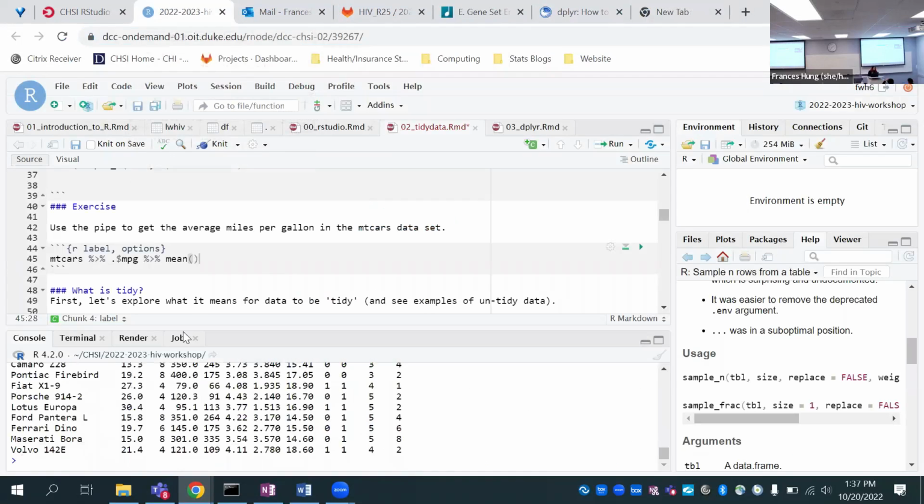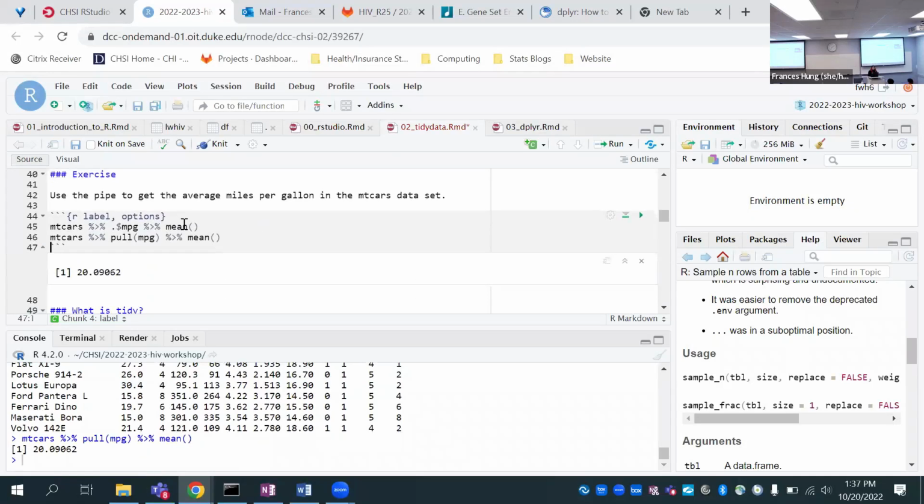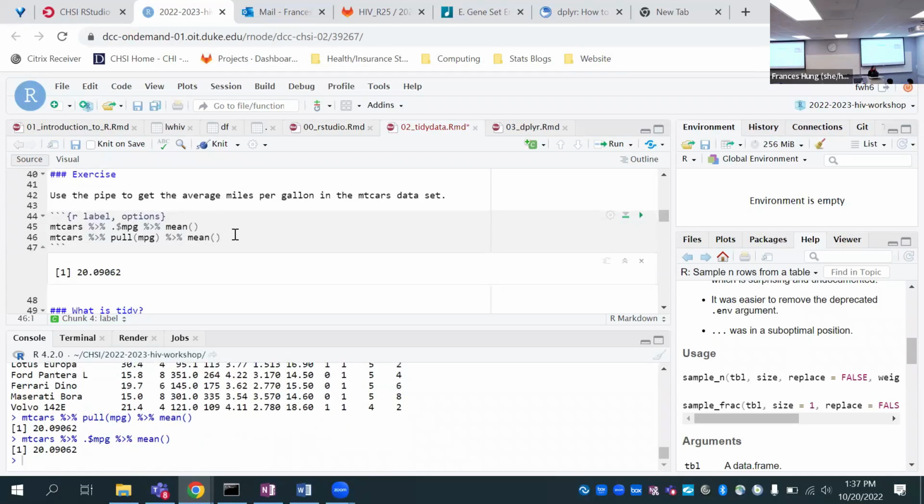There has been some update to tidyverse, I think, and you can use the dollar sign. What you could do, I think, is use the pull command. It actually does the same thing. Just make sure. Yeah. But this dot dollar sign was what was mostly used for a very long time.